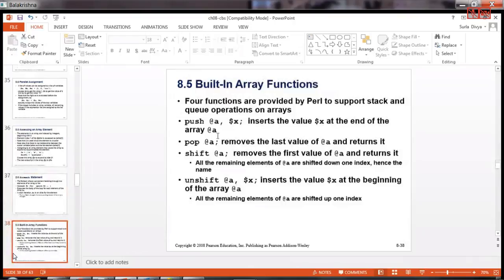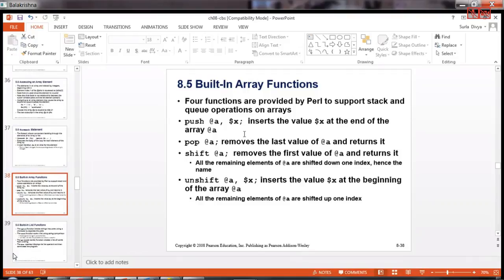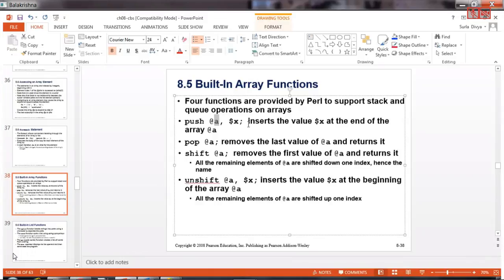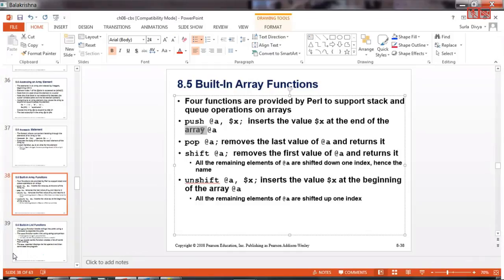Also we have some inbuilt functions called push, pop, shift, unshift. These are different functions on arrays, because you may want to push some element into the array. So you can do push @array, $x, which inserts the value of $x at the end of the array.